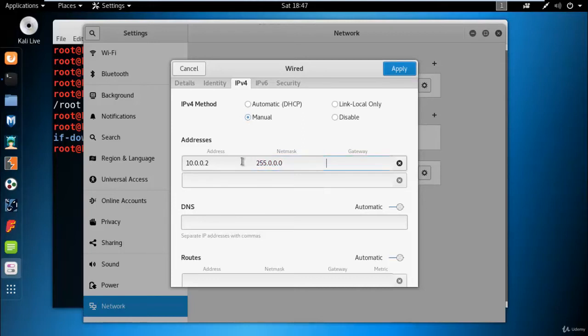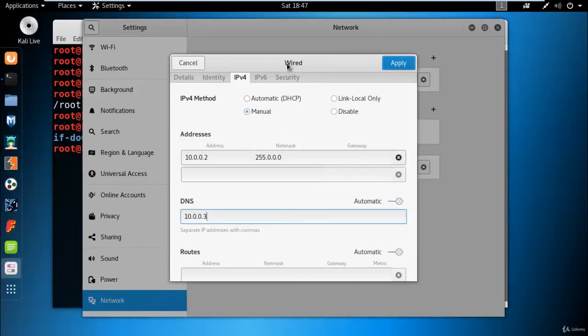And now gateway will be, if you have a router you can assign gateway address like 10.0.0.1. I don't have a gateway, so I am not assigning gateway IP address to this machine. If you have a DNS address, you can assign DNS. I have a Windows Server 2016 and I have installed a DNS role in it. So I will give IP address of a Windows Server 2016. There is already DNS configured and just apply it